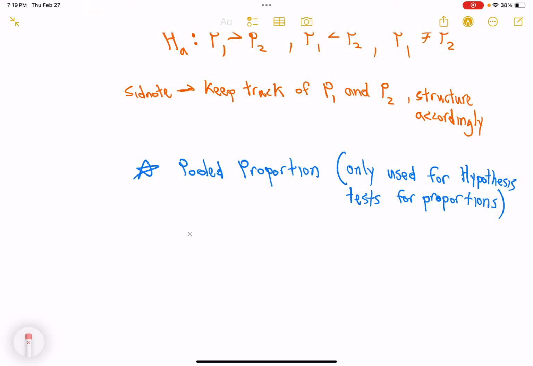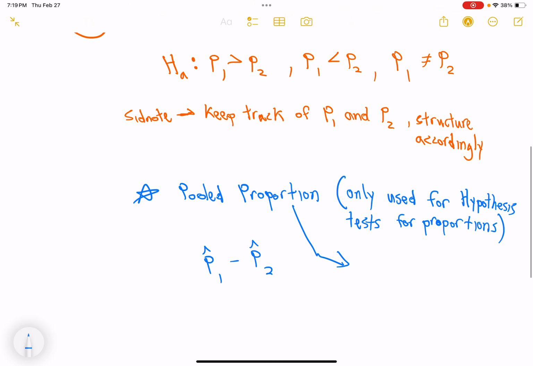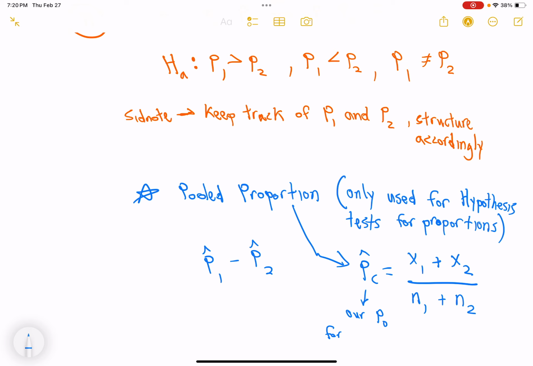We're going to pool our proportion. What that means is we're going to take our initial situation, which was p hat 1 and p hat 2, which we know we're finding the difference between. And we're going to create a third proportion. That third proportion is called p hat sub c, and the c stands for combined. Okay? And what p hat sub c will look like is the number of successes from p hat 1 plus the number of successes from p hat 2, over the sample size of p hat 1 plus the sample size of p hat 2. And effectively, the pooled proportion is going to act kind of like our null for the standard error